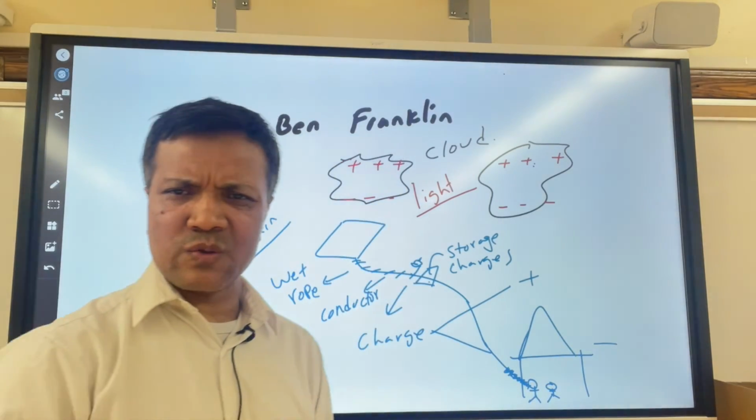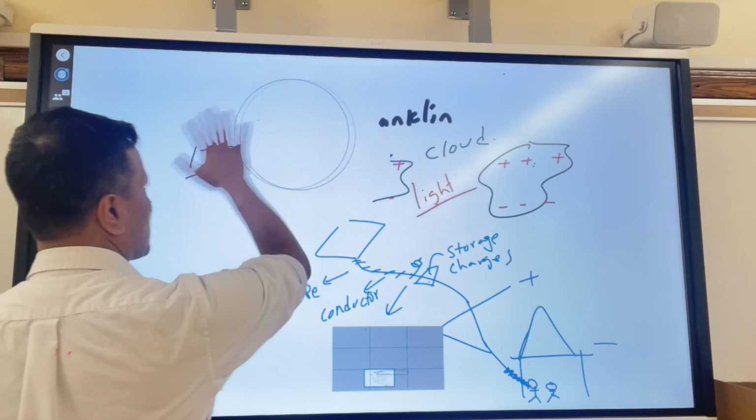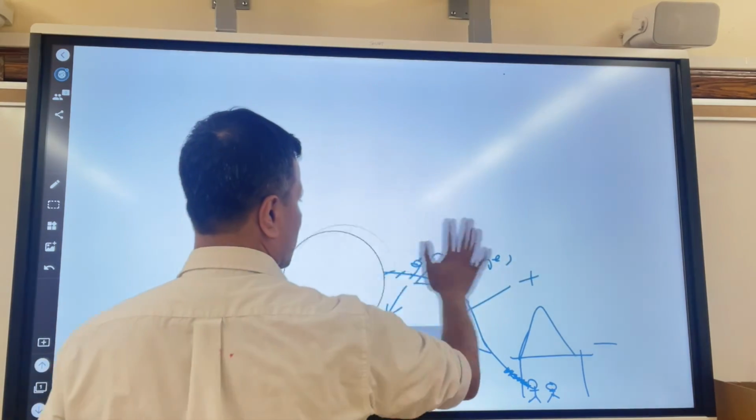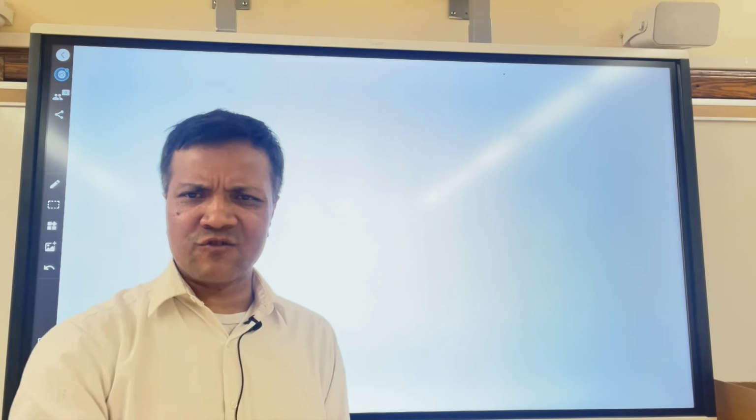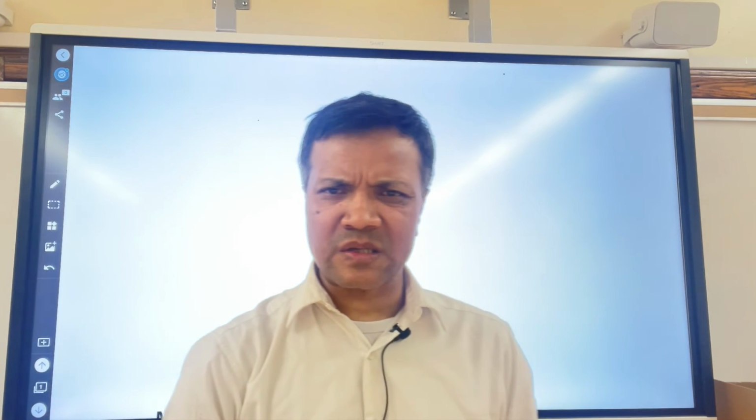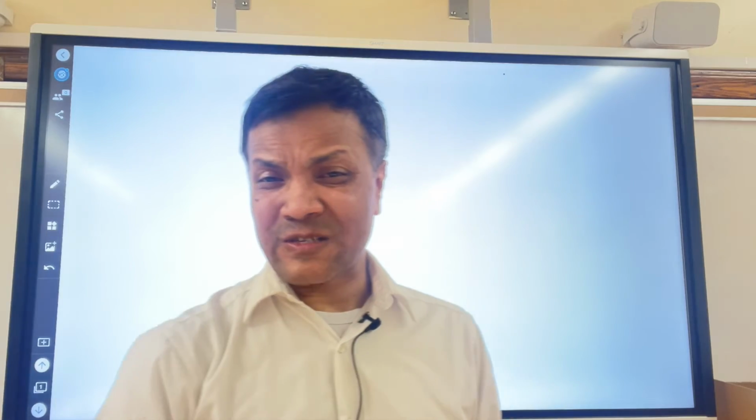Okay, and that's what we're going to be talking about: positive charge and negative charge, how we can polarize them, and how we can transfer them. But to do that, we have to discover something. We have to discover a machine, because hey, tree branches are good, but not as useful as a machine. And the machine we're going to name is the electroscope. The electroscope was discovered by Abraham Bennet